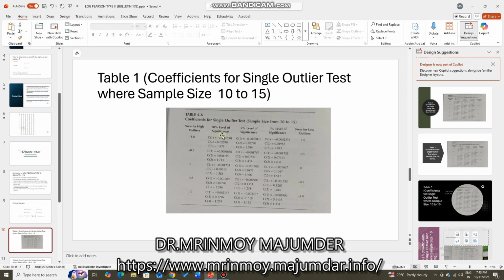Okay, and another thing is that if your skew is within 0.5 to 1, or 0 to 0.5, or minus 0.5 to 0, or minus 1 to minus 0.5, just interpolate. That means for 1.0 skew, this is the coefficient C1. For 0.6, what will be the coefficient? Simple unitary method. For 1 skew, the 1% level of significance coefficient C1 is